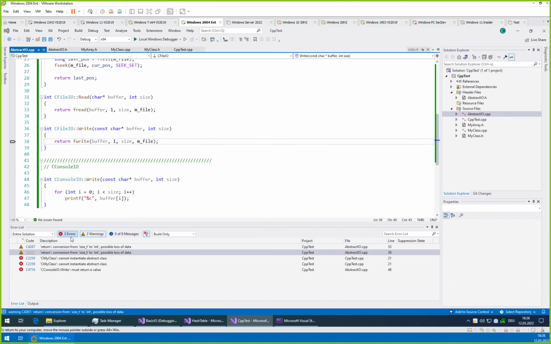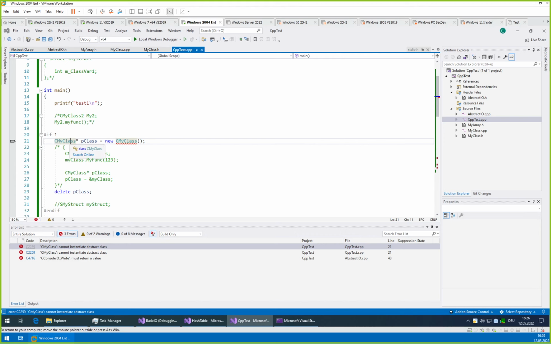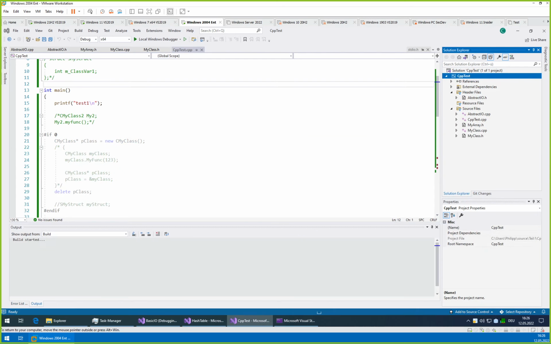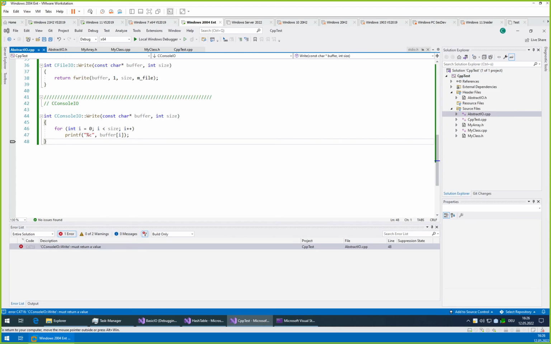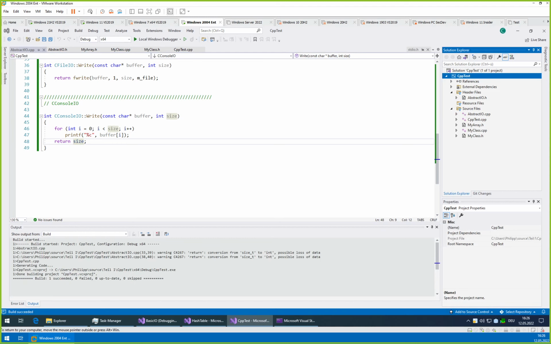Data loss, these are all warnings. For this demonstration, we should turn this off. And this must return a value. Oh yes, it must. Let's just return size. Yep. Perfect.